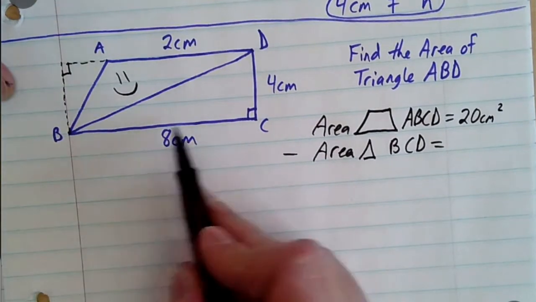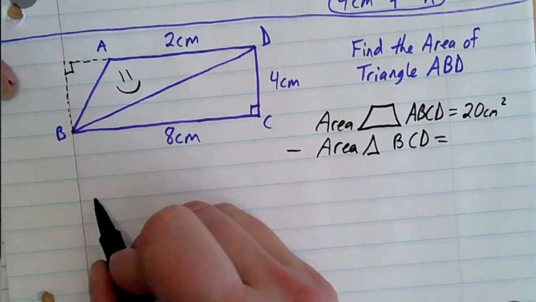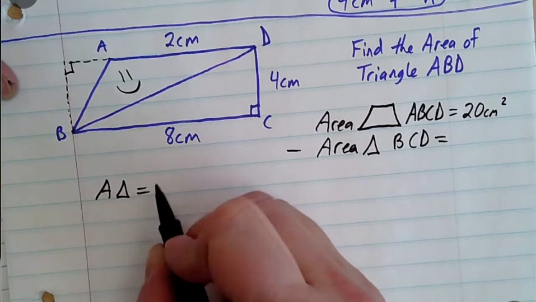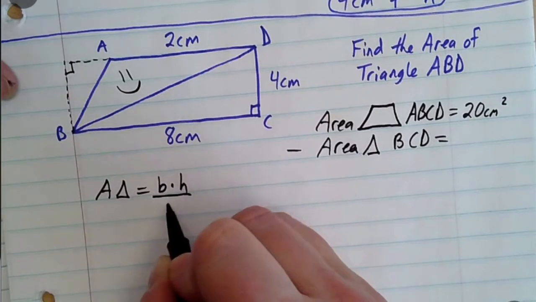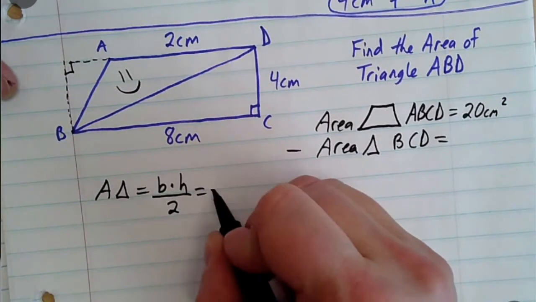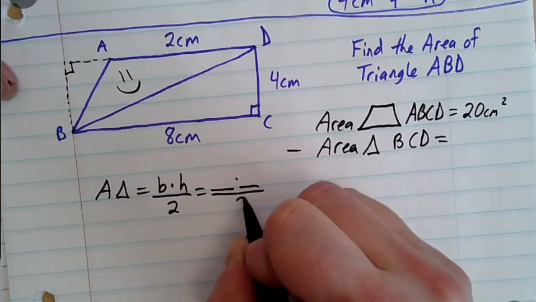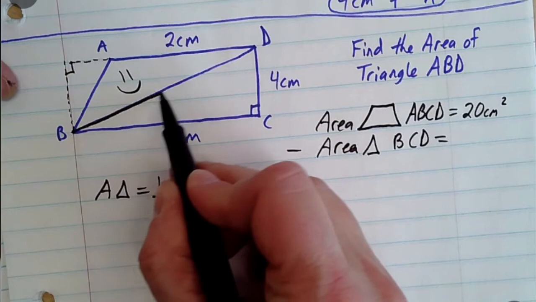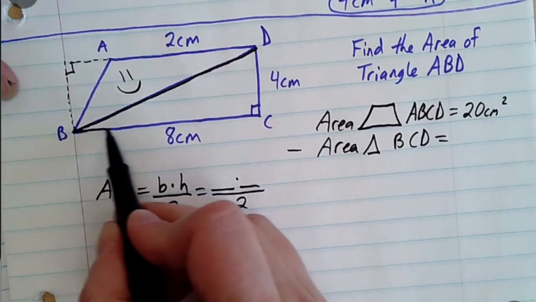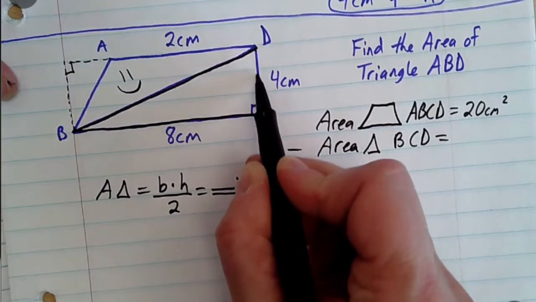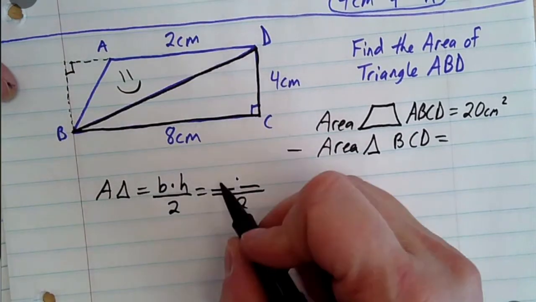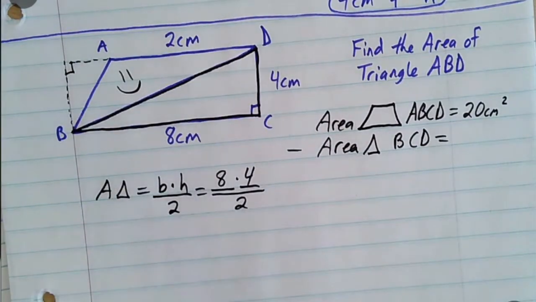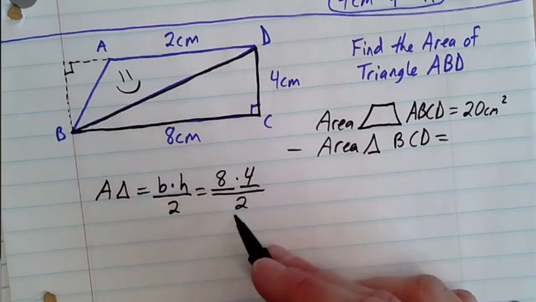Well, how do you find the area of this triangle right here, BCD? You've got the base and a height. Well, area of triangle equals base times height, divide by 2. So what is your base and your height of this particular triangle, BCD, right here? Let me kind of trace it so you can see it. BCD, your base and height, make this right angle, 8 and 4. 8 times 4, and then divide by 2. 8 times 4 is 32, divided by 2 is 16